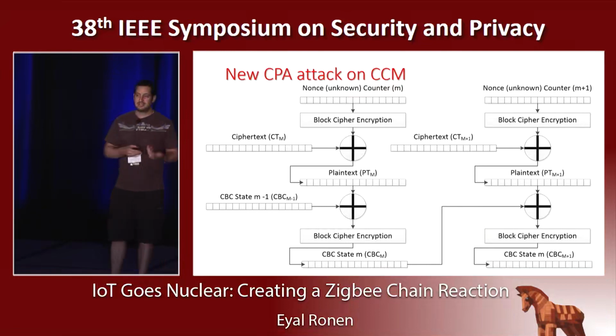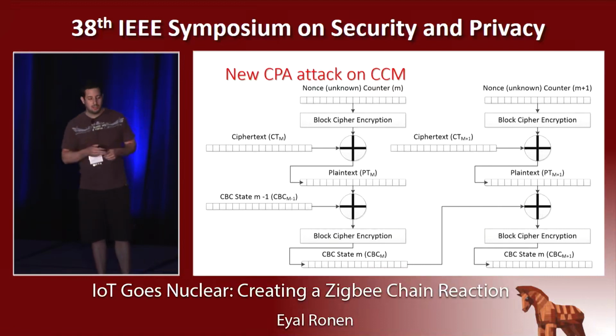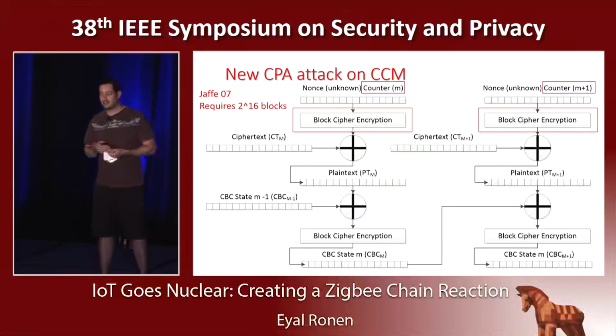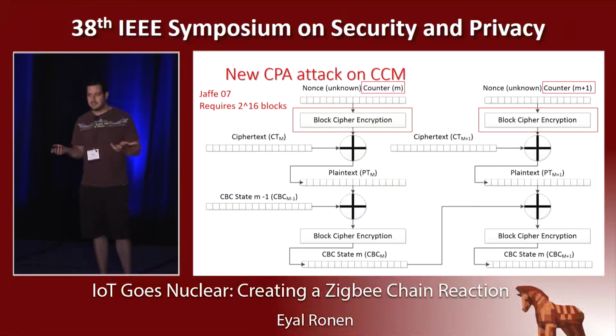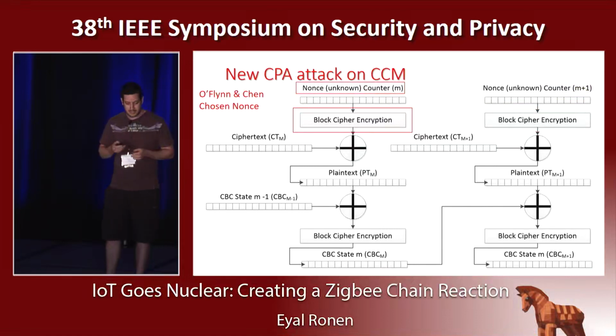And the reason is that unlike simpler modes like ECB, we don't have any direct control over the input to any of the block cipher operations. So we looked at the literature, and there were previous attacks on CCM. The first one requires 2 to the 16 blocks of encryption to break the scheme. And unfortunately for us, the firmware size was limited to 2 to the 14. So no luck there. And a more recent attack